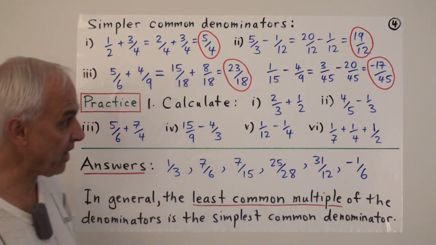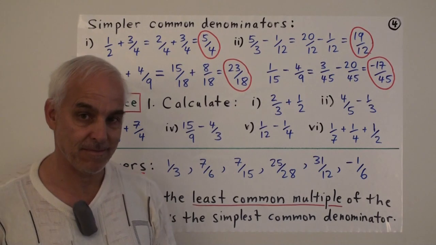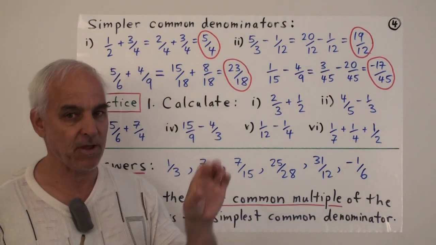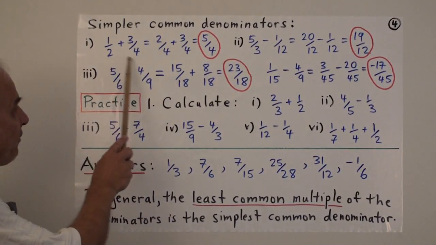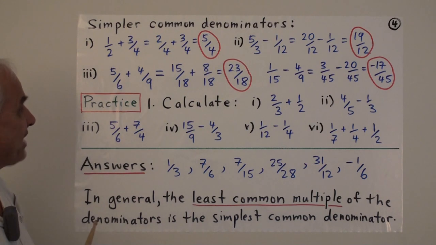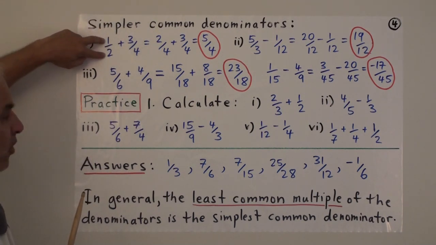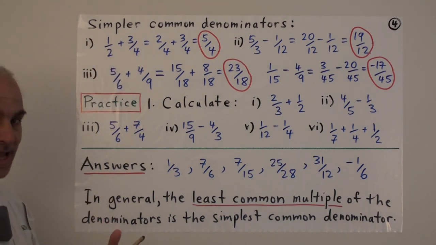You may have to be aware that at some point, if you do that, where you could have done one of these methods, then you may end up having to cancel something from the answer at the end. So let's think just for a second, what would have happened if we had used 2 times 4 is 8 as the common denominator here? We would have gotten 4 over 8 for this one, and 6 over 8 for this one. When we add, then we would get 10 over 8.